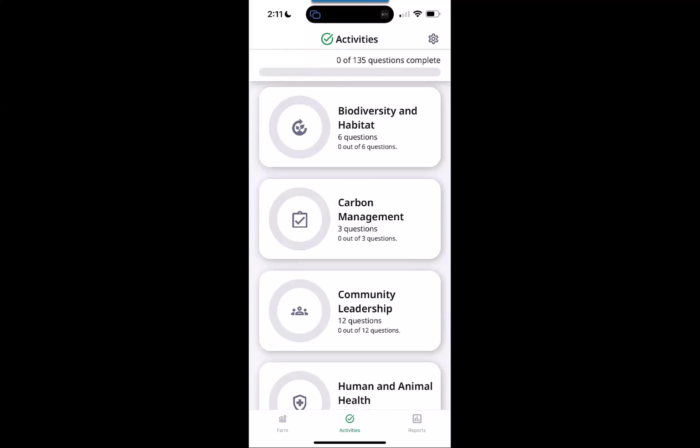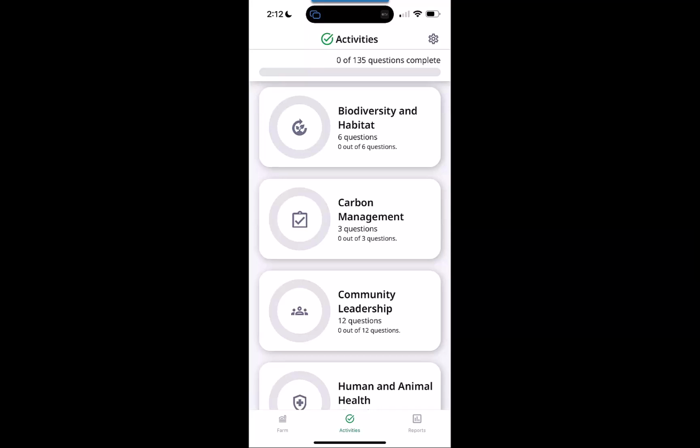And even better news, you don't have to complete the assessment in one sit down session. It tracks your progress as you go. So you can answer a couple of questions, 5 minutes here, 10 minutes there, answer some tomorrow or next week. It tracks your progress and there's no loss of information. So I'll go ahead and walk through a few of these questions just to show you how it does track